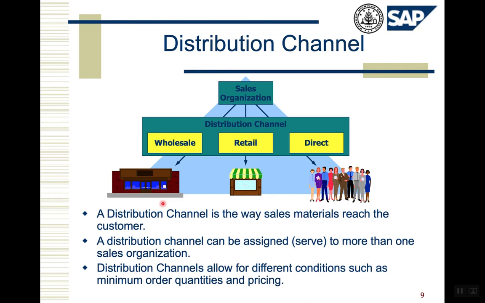A distribution channel, which is subordinate to the sales organization, is really the mechanism through which we move products to customers. A distribution channel can be assigned to serve more than one sales organization, so it's not necessarily a one-to-one relationship. And distribution channels allow for what we call conditions